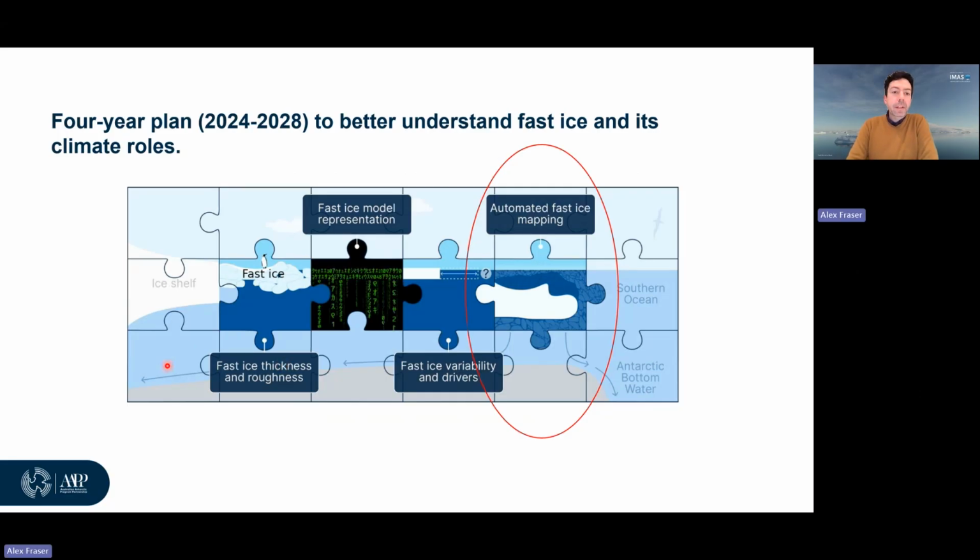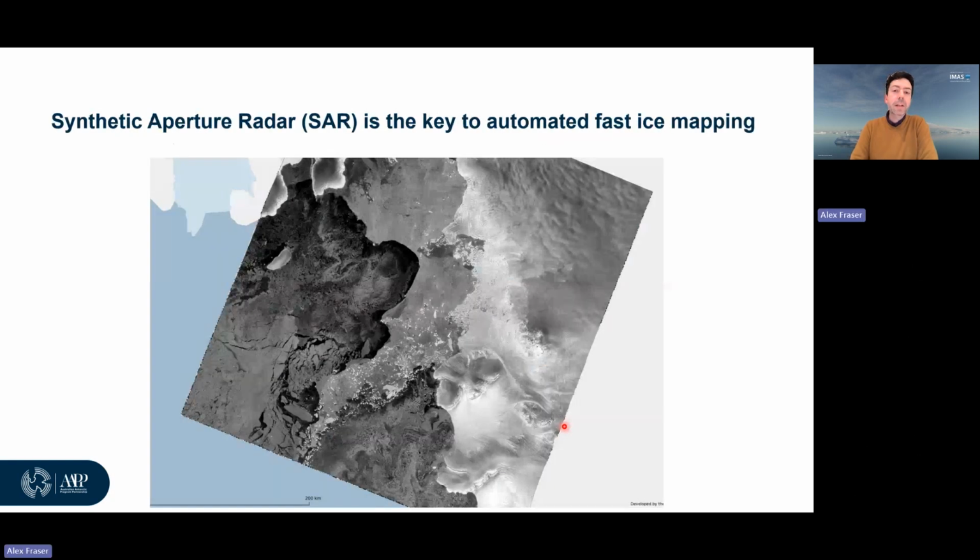So in 2024, I was awarded an Australian Research Council Future Fellowship to better understand fast ice. And the main cornerstone of that project was to automate fast ice mapping. The best way to map fast ice is by SAR. We've known this from the Arctic, but we haven't had the analysis-ready data that we needed to really roll this